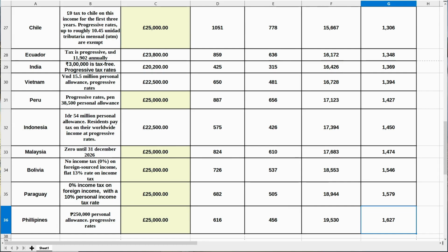There are 9 countries on the list where in theory you would pay no tax at all on the pension income, which are the Philippines, Paraguay, Bolivia, Malaysia, Peru, Chile, Panama, Uruguay and the UAE. Out of the remaining countries on the list, Cyprus has the lowest level of taxation, with £1,100 being deducted in tax and